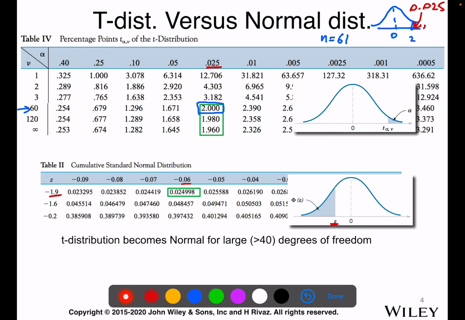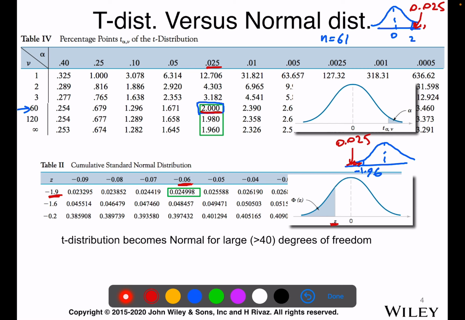Because the difference would be the difference between 2 and 1.96 here, right? So if I draw here the normal distribution, if this is minus 1.96, then this area under the curve is the same area, 0.025,